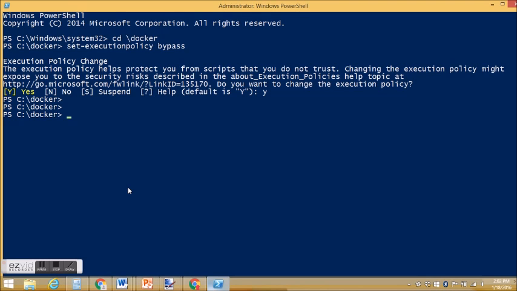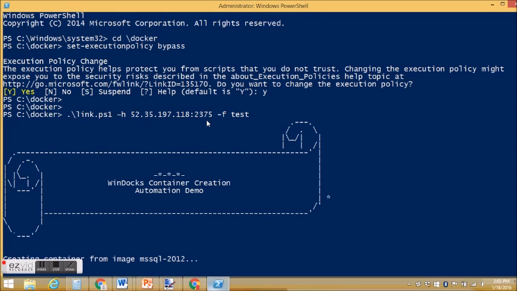You can see here that we've brought up a Windows PowerShell, running it as an administrator, and we've set the execution policy to bypass so we can run this script. I've copied the command in. You can see that the command is running the script locally against a remote cloud-hosted instance of WinDocks at this IP address, and with the default Docker port of 2375. Let's start the